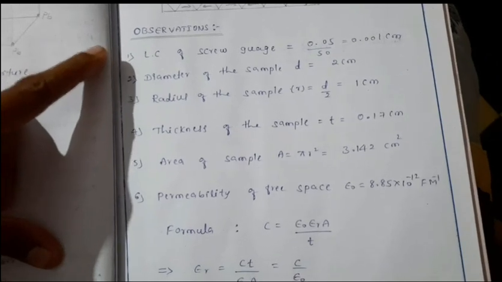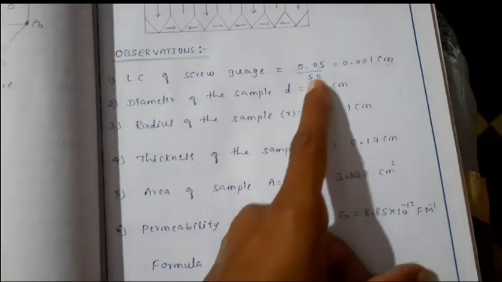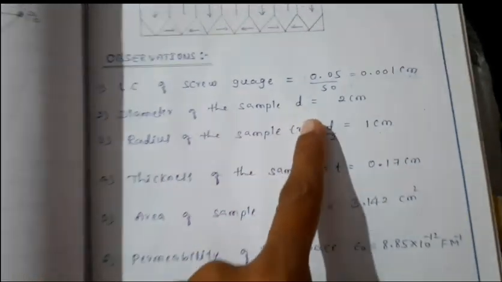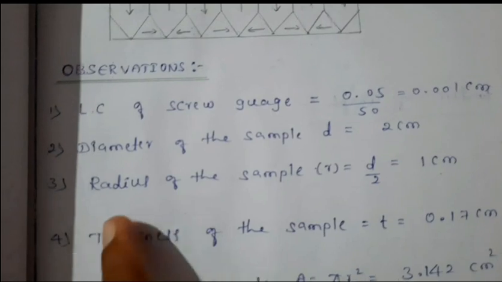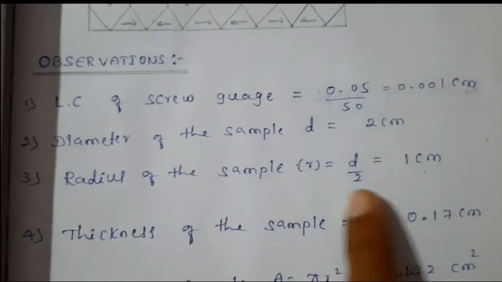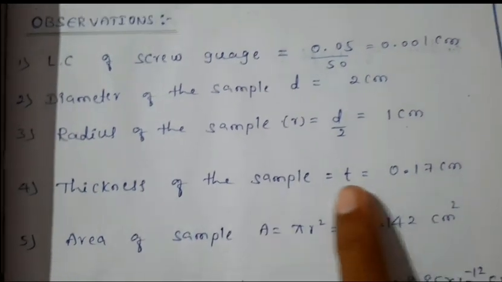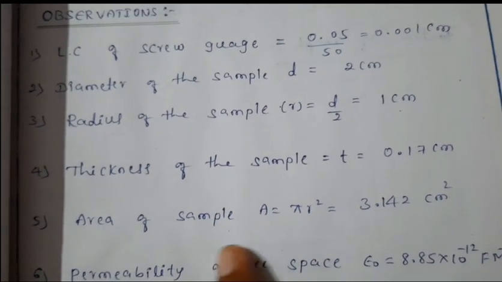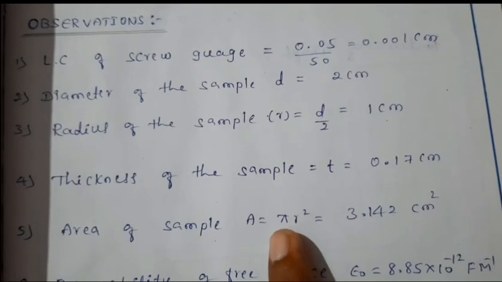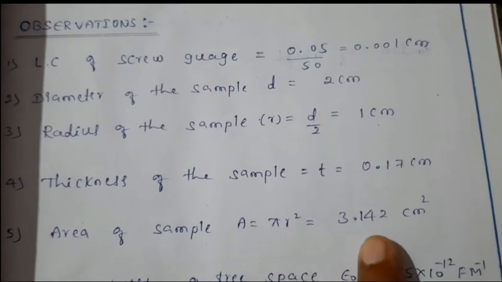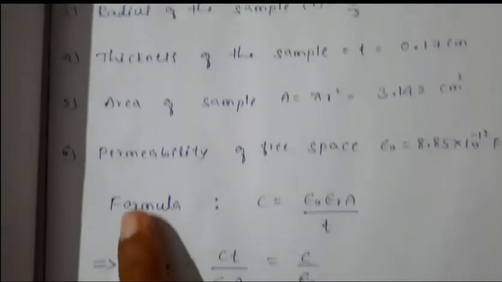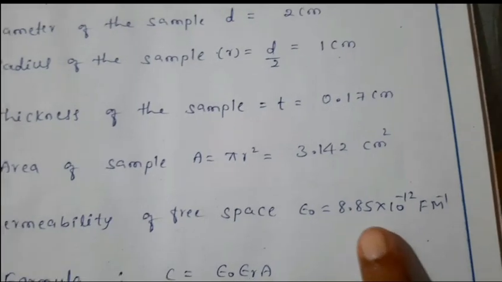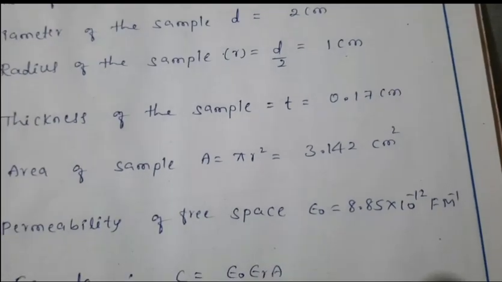Least count of screw gauge is 0.001, and the diameter of the sample is about 2 centimeter. The radius you can calculate, that is 1 centimeter. Thickness of the sample using screw gauge you can calculate, 0.17 centimeter. Area, if you know the radius, you can calculate area, that is pi r square, 3.142 centimeter square. Permittivity of free space, standard value 8.85 into 10 to the power minus 12,